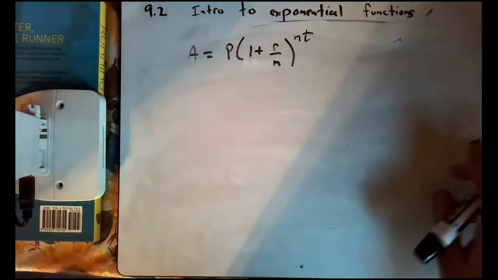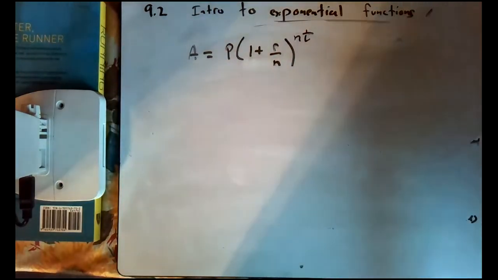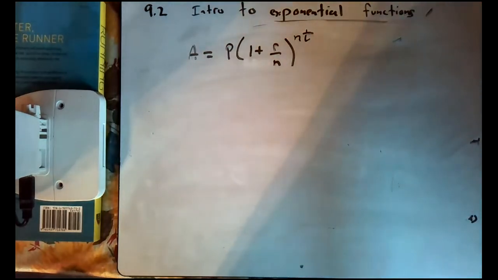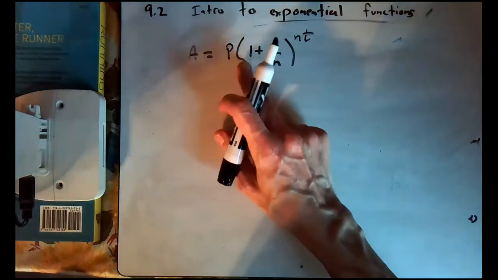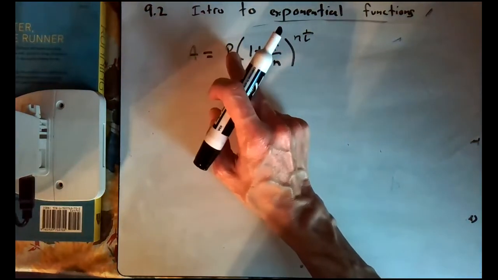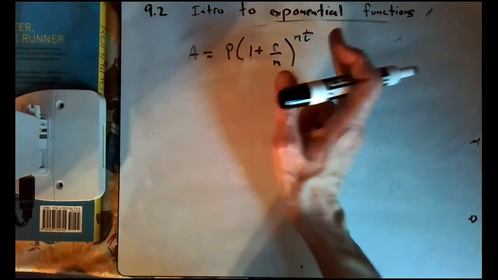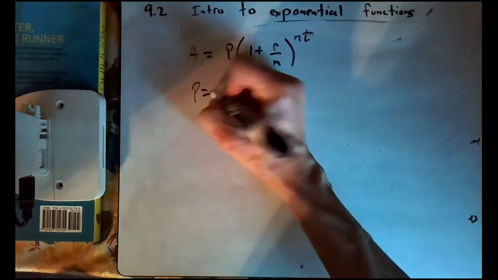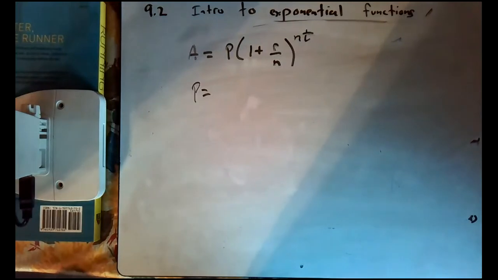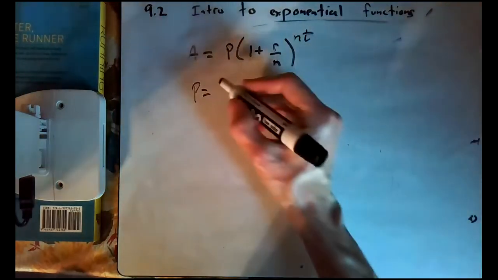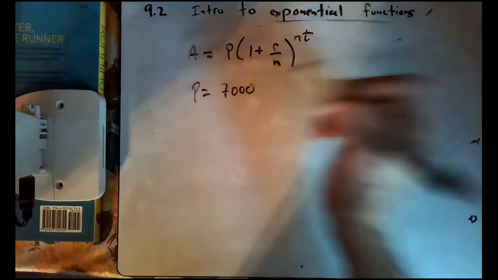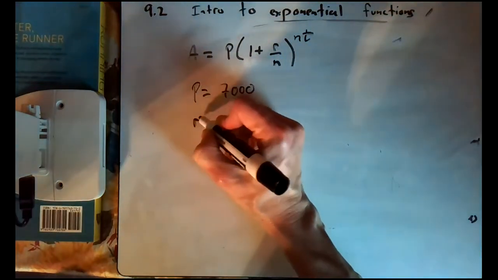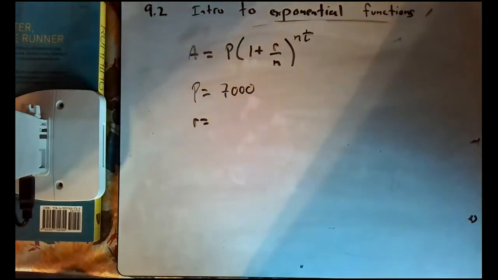It's a PDF. Now, the easiest way to work this out is to be organized. Make a checklist of everything that you know. They always give you everything except for the A. Okay, so they give you the P, the R, the N, and the T. But just be organized, right? P, remember, is the principal. What is that? Well, the problem says in plain English, suppose that $7,000 is invested. Well, we already have that. Done. Then it says at an interest rate of